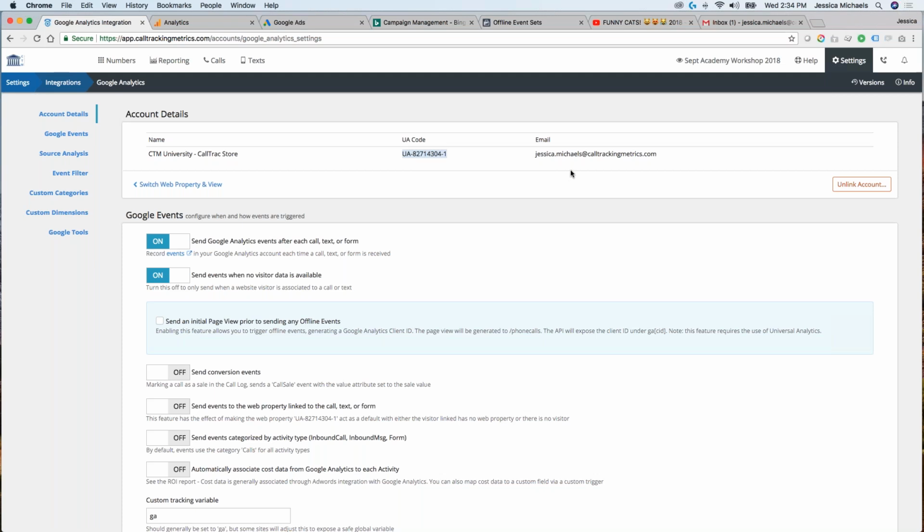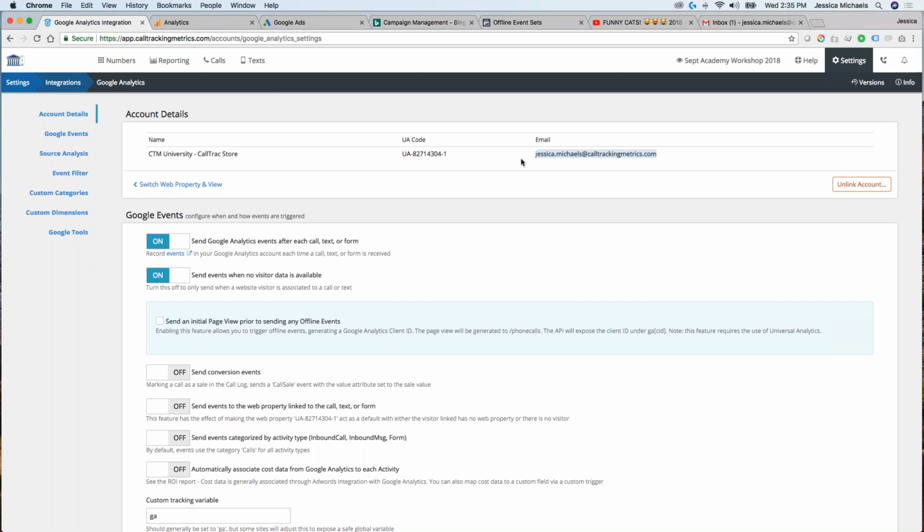Now, when it comes to troubleshooting, it's important that the email address is always connected and active, because what we've seen in a lot of cases is that people go through their analytics and clean up who has access to it. And if this person is removed from the analytics property, that's going to disrupt our communication with them.